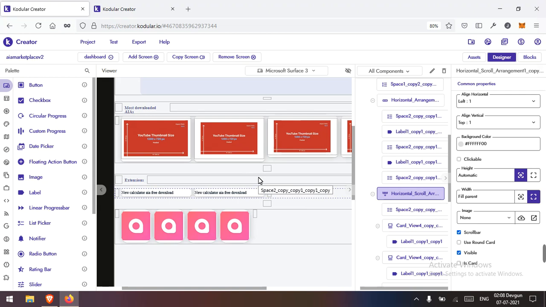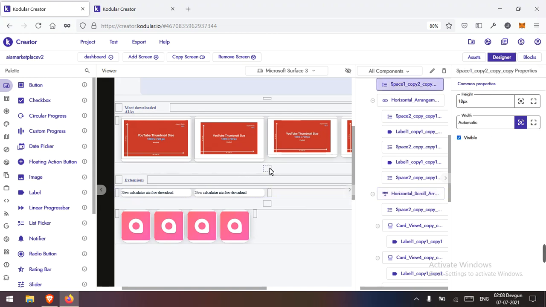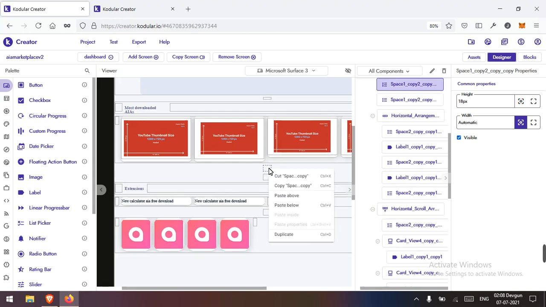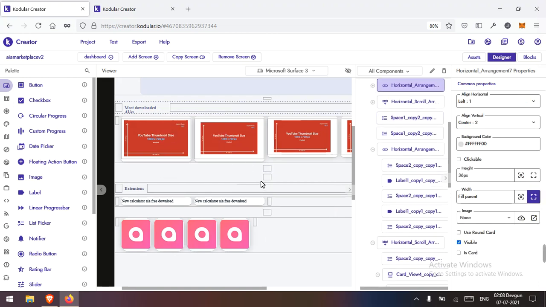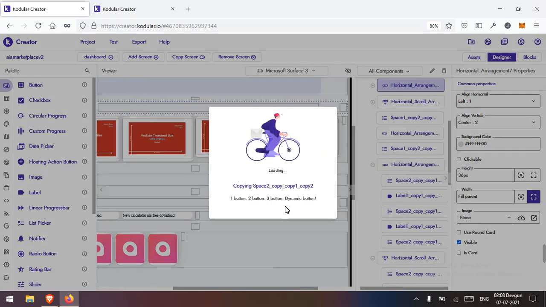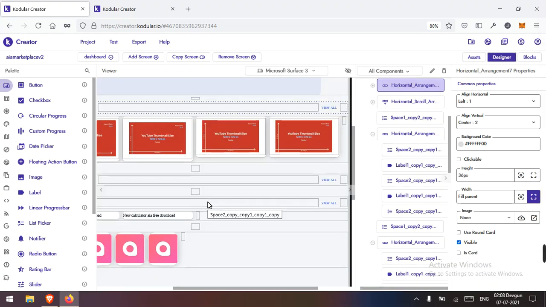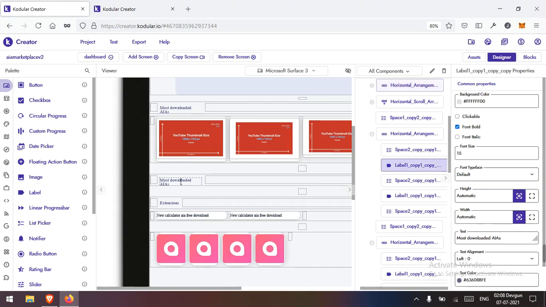Well, I am thinking to make it here. Let me just duplicate this and paste below. I already have copied this one. Let me copy this again and paste this below here. And then we will write some title like, I don't know. I'm thinking to make a title like, let's say